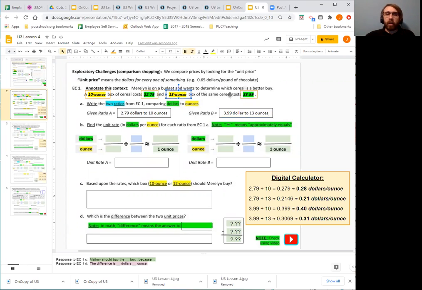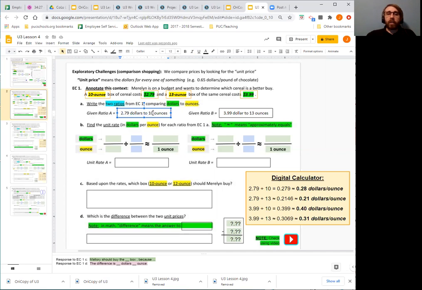The boxes that I put in orange are the ones that I highlighted or annotated. You should have the ounces highlighted with yellow and the dollars highlighted with green. You should have also noticed that the first ounce is combined with the first dollar amount in a ratio. But the ratio is dollars to ounces, not the other way around. And so when you write ratio A, the first ratio, it should be